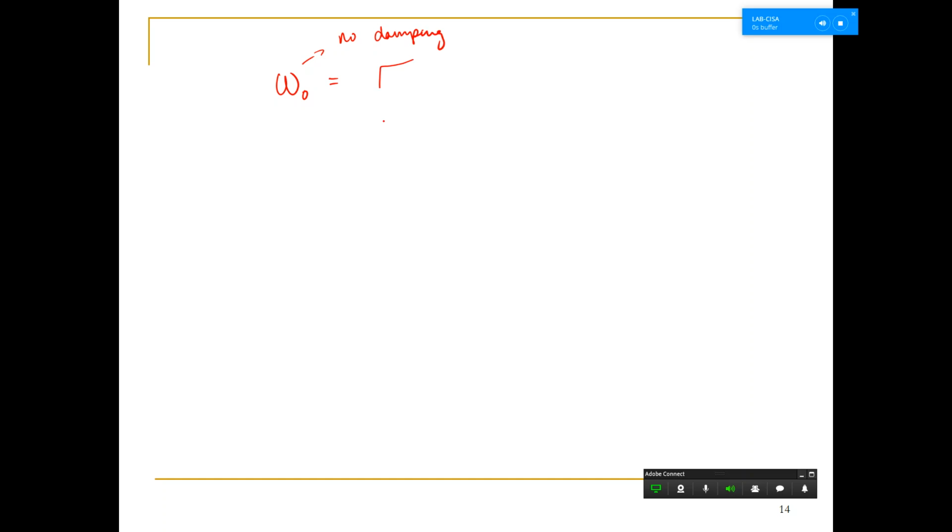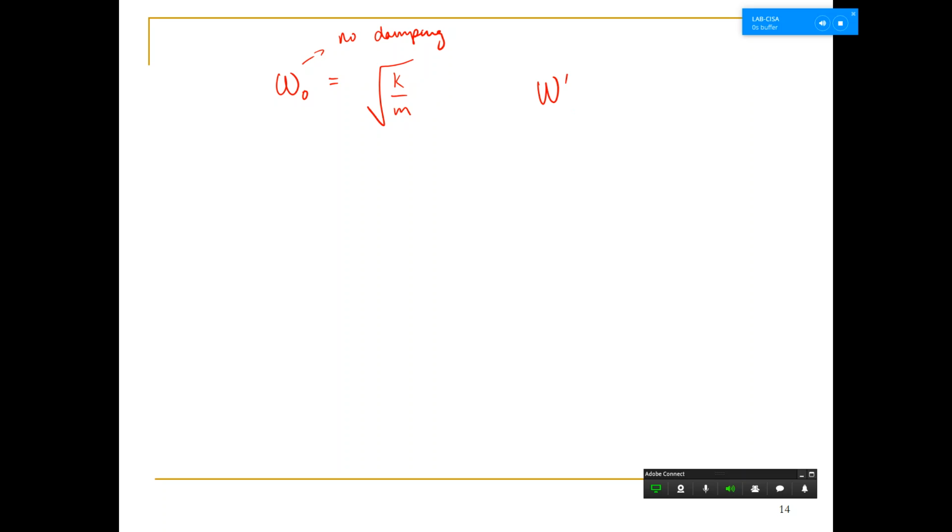We learned this as the square root of k over m. You guys remember this? And this is for obviously a mass spring system. It doesn't apply to pendulums yet. However,